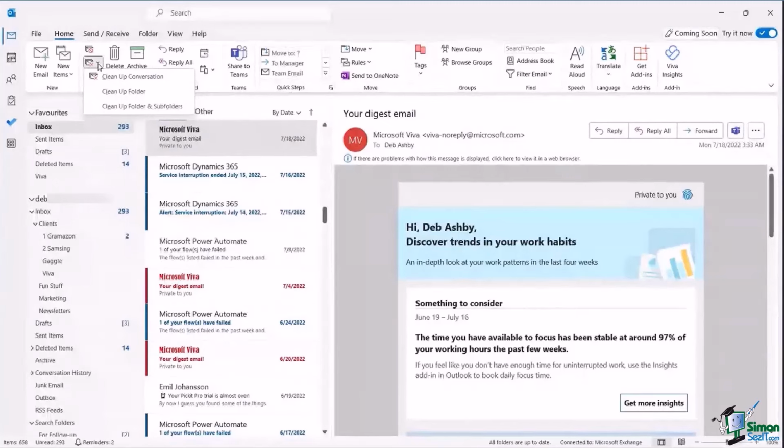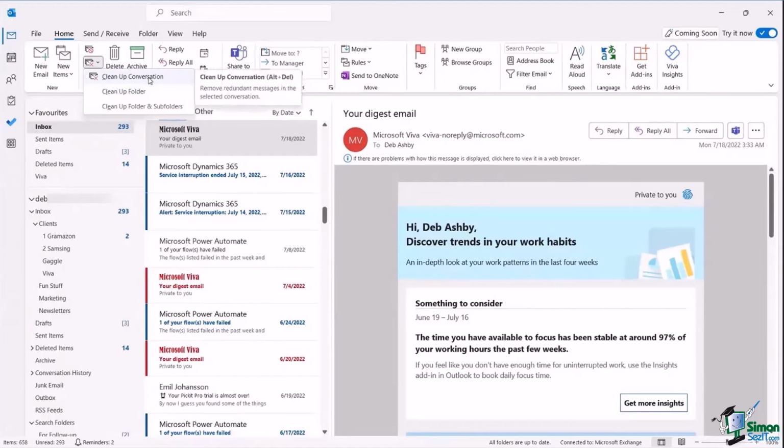Now, what exactly does this do? Well, if you can imagine, somebody sent an email to you and 10 other people. Those 10 people are all replying to these emails. And a lot of the time, the replies might be something that's kind of inconsequential to the actual email conversation. So it might just be a thanks or a will do or something like that. So you end up with an inbox full of emails which just have things like thanks, will do, speak to you soon in them. So what you can do is with this clean up conversation button, when you click it,